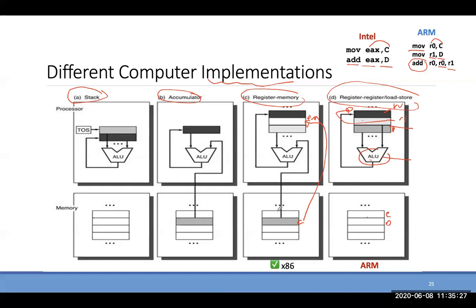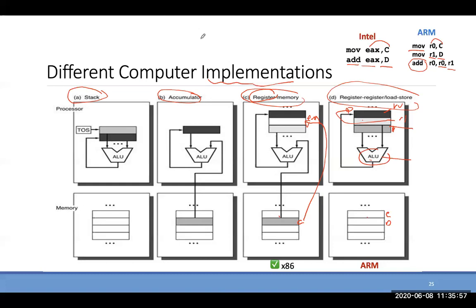No, because you must have one register loaded, and the second operand doesn't have to be a register. It could be a memory, a register, or an immediate. That's why we call it register-memory. It could also be register-immediate, but if you're dealing with memory,